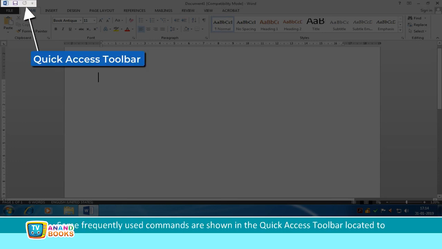Quick Access Toolbar. Some frequently used commands are shown in the Quick Access Toolbar located to the left end of the title bar of the Word 2013 window. It includes the Save, Undo, and Repeat commands. You can add more commands to the Quick Access Toolbar.